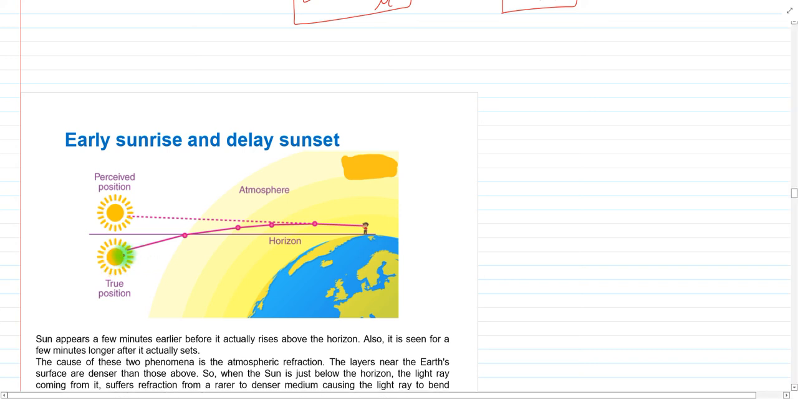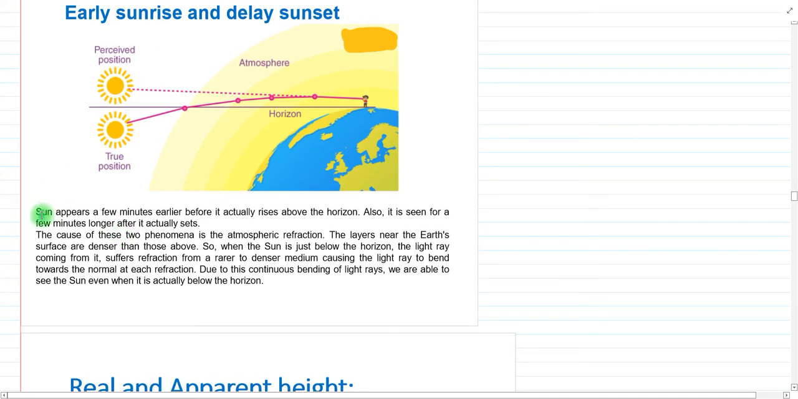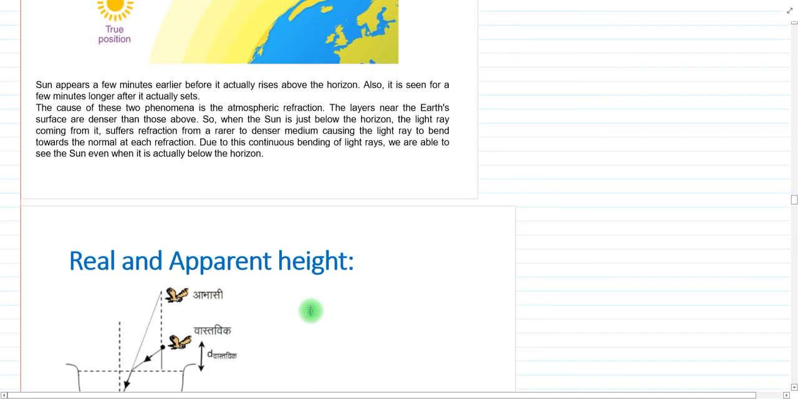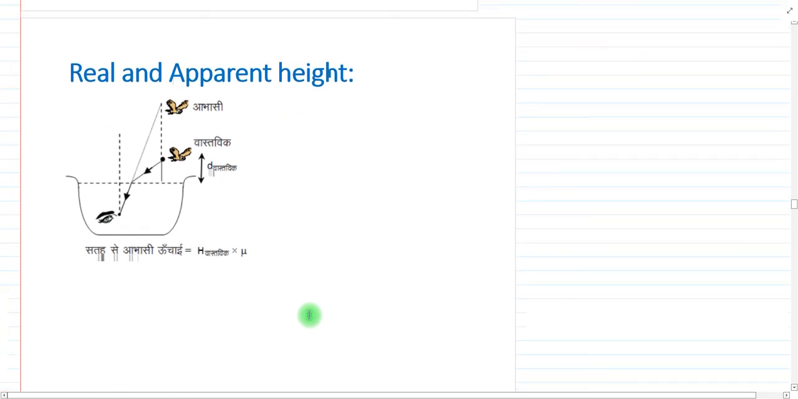That's why after sunset and before sunrise we can see the sun. These things written here you can study. Now